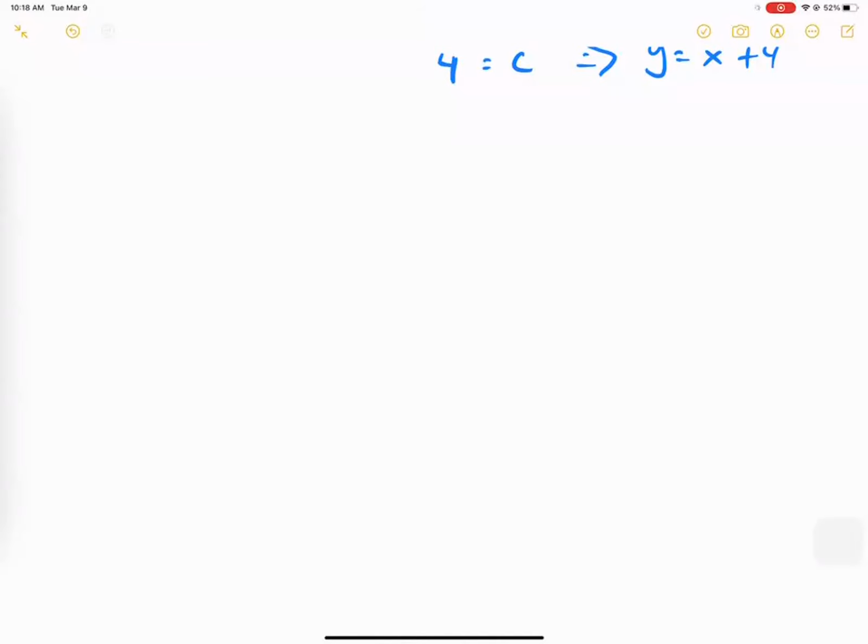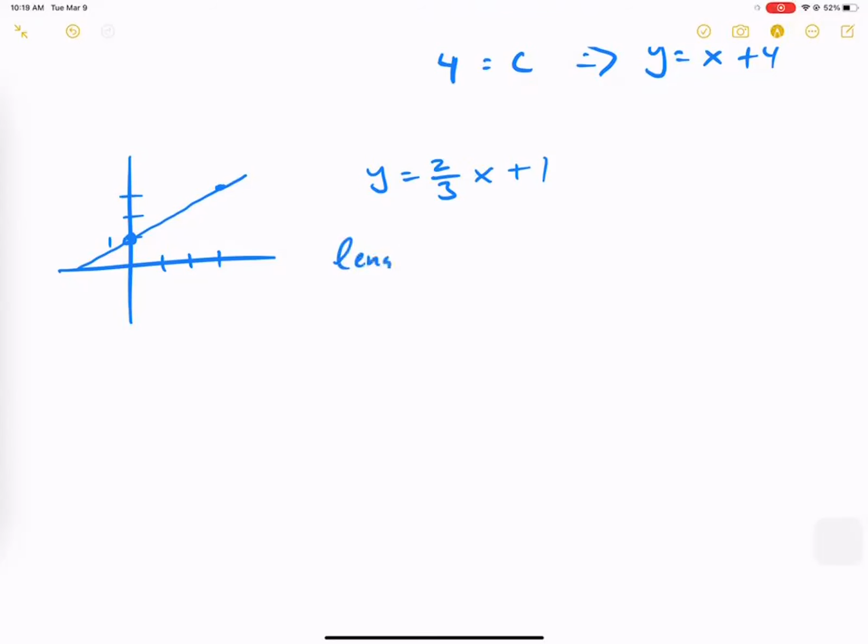If I give you guys a problem that looks like this, let's do 1, 2, 3, call that 1, move over, let's do 3 over. So y is equal to 2 over 3, rise over run, right? Rise 2, run 3. X plus 1. That's my equation. And they ask you, find the length of y